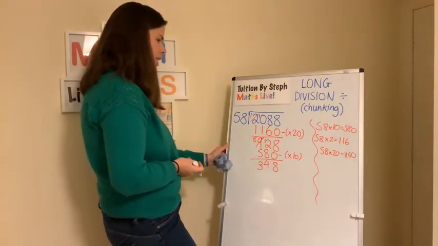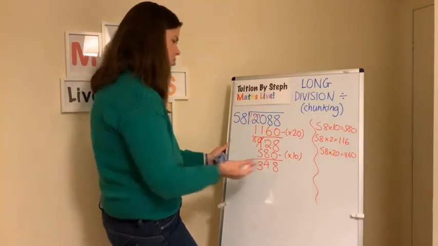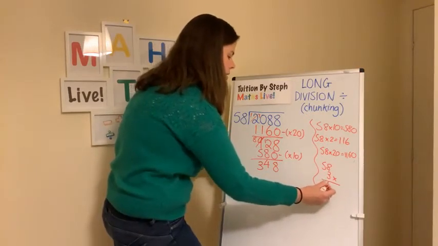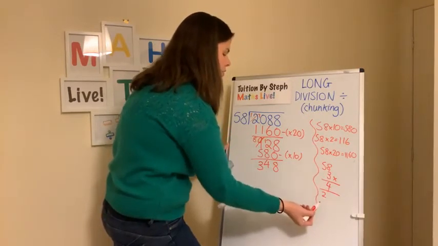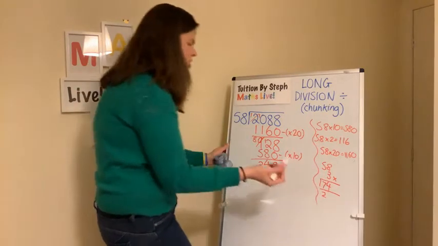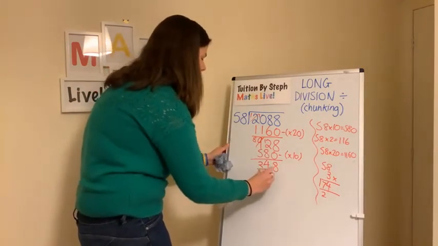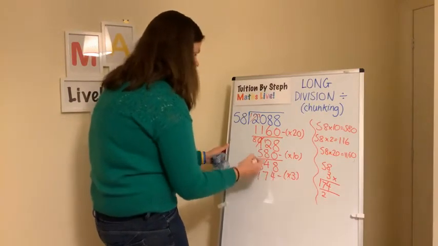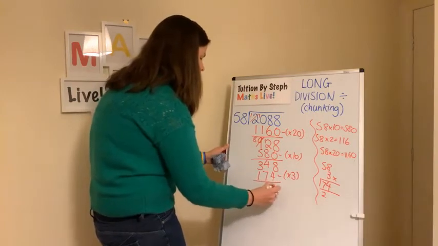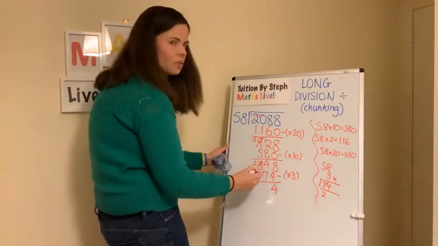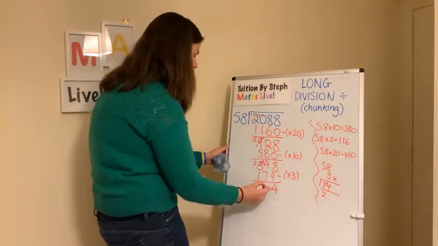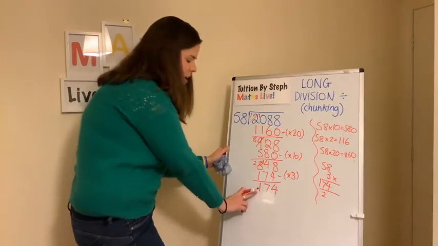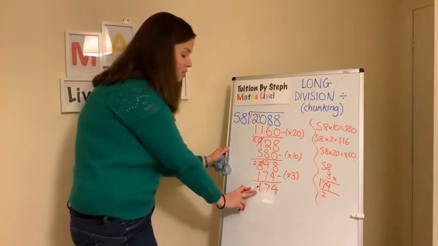Okay, 348. Let's just see what 58 times 3 is. 3 8s are 24. 5 3s are 15. 16, 17. 174, that's a bit bigger. 174 I'm going to subtract. And that was 3 lots of 58. So 4, can't do 4 take away 7. 14 take away 7 is 7. Oh, look at that. So my answer there is 174.